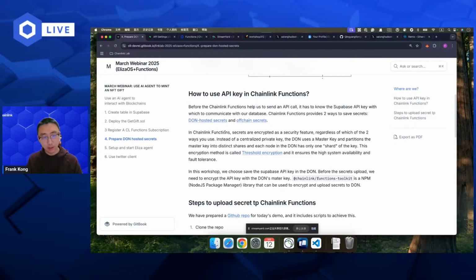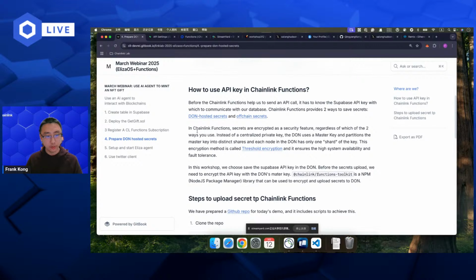We use all of them to encrypt the secret and upload this encrypted secret to the DON, and the DON can decrypt it with enough private keys in this network. Another way is to encrypt the secret and upload it somewhere it can be fetched by the DON. So it is DON-hosted secrets and off-chain secrets. In this workshop, we will use DON-hosted secrets.